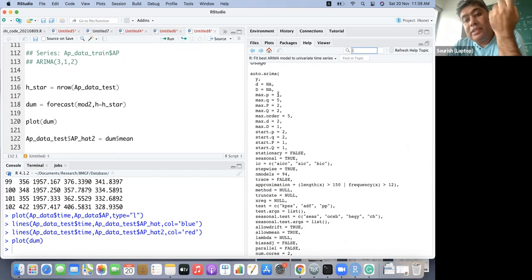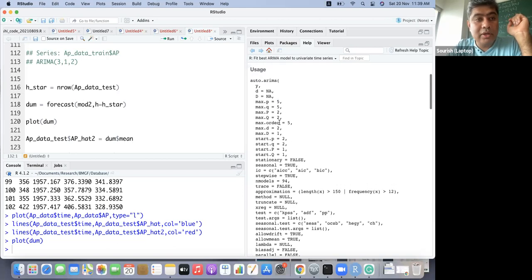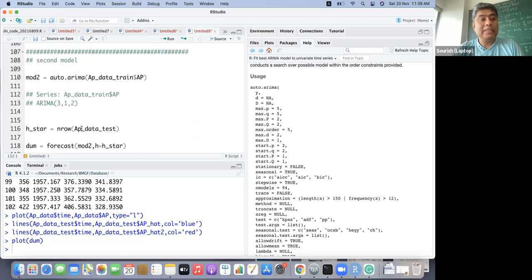Remember that at the default setup, it is only exploring up to the fifth lag for P and the fifth lag for Q. So maybe we just give it up to 12. Okay, max.p we allow it to explore up to 12. The rest of the things we will just keep the same.